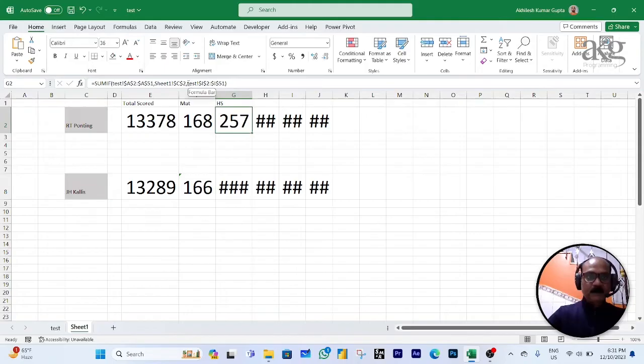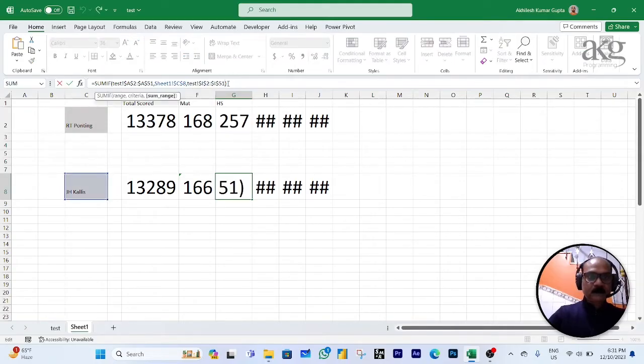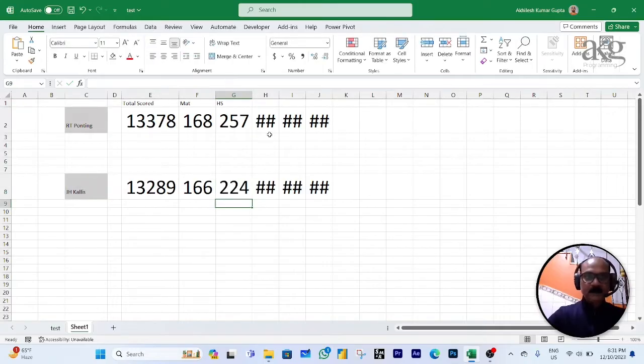Now make a copy of this formula and paste here. In the same way, I'm going to show you what is my